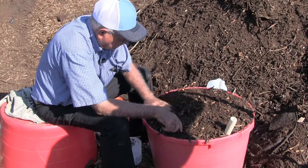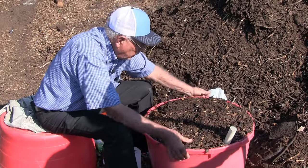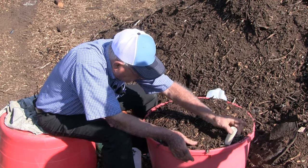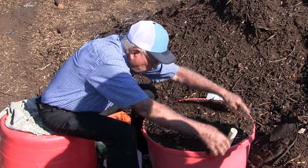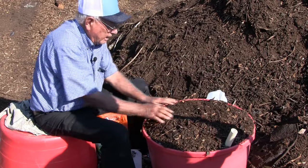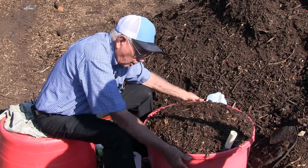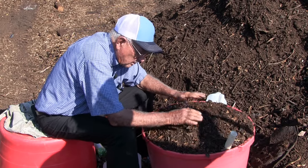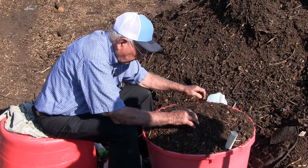Now I've rounded that up a little bit. Now take you a black trash bag, lay it over here, cut you a little X and push it down over that pipe, pull it on down over here on the sides, tie you a string around under this lip, and that's going to have a plastic on it so that when it rains, it'll roll off. It won't go into your soil. This is the way you've got to do where you're getting lots of rain outside,